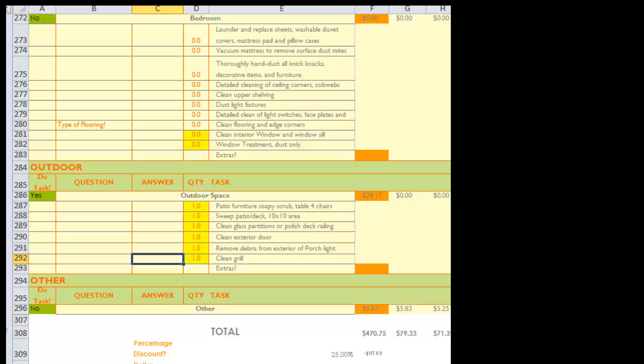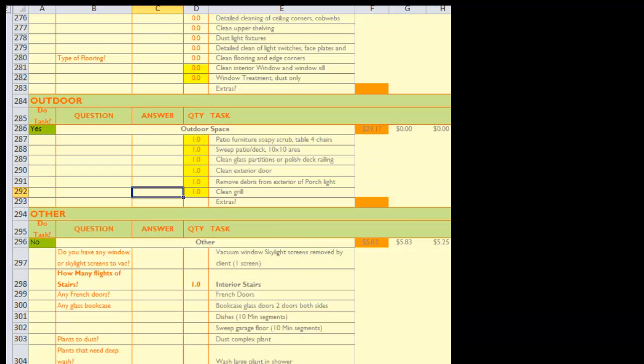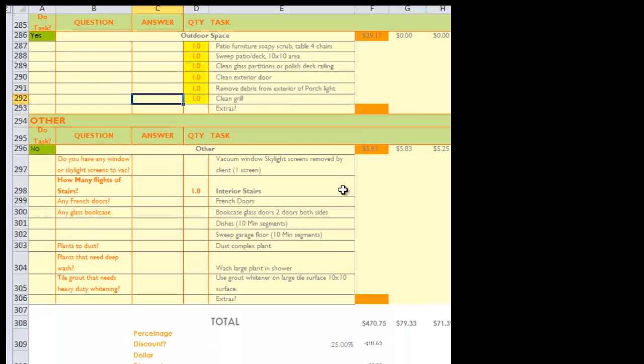We also have a few other items in the other columns down here: vacuuming, skylight screens or other kind of window screens, doing interior stairs, like a detail in that, French doors, these various things, and you can identify which pieces that you want. Okay, so down here we're at the total. We can see that for whatever it is that we have selected, and I haven't kept track of what it is we selected, but at the moment we're at about